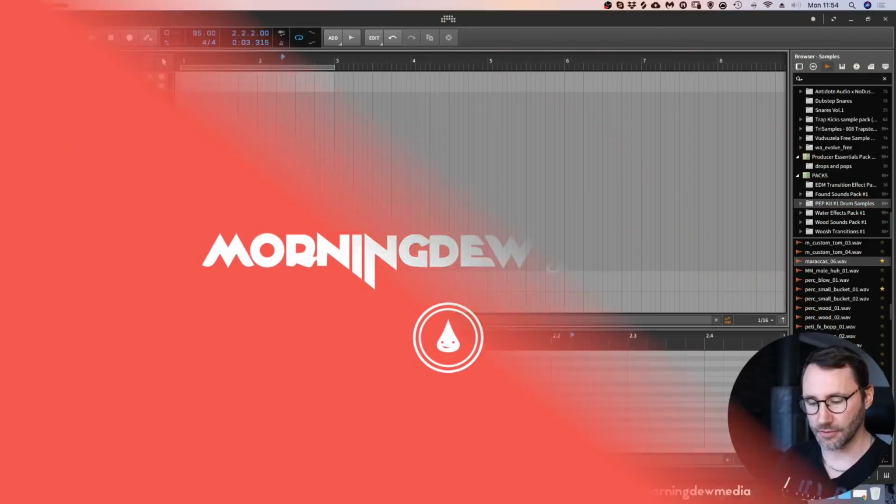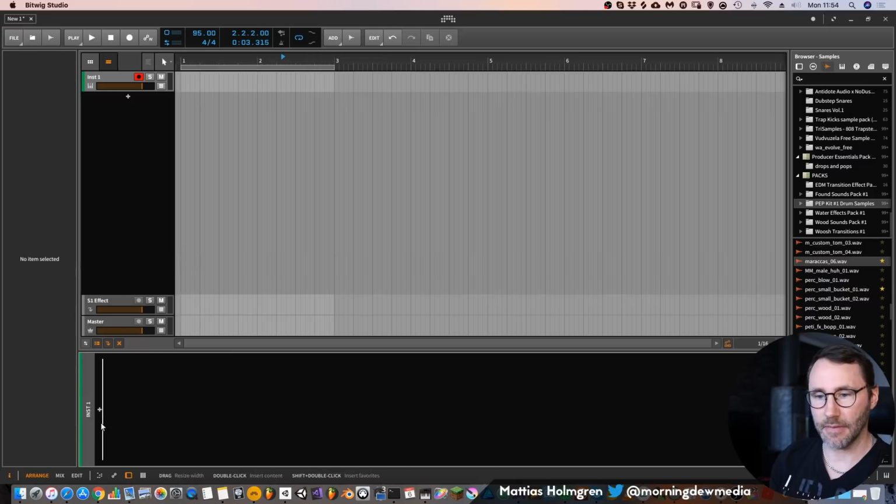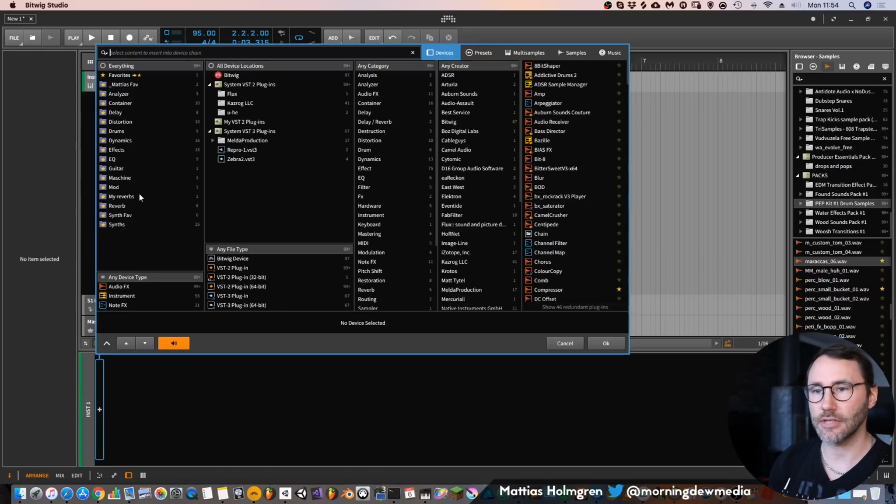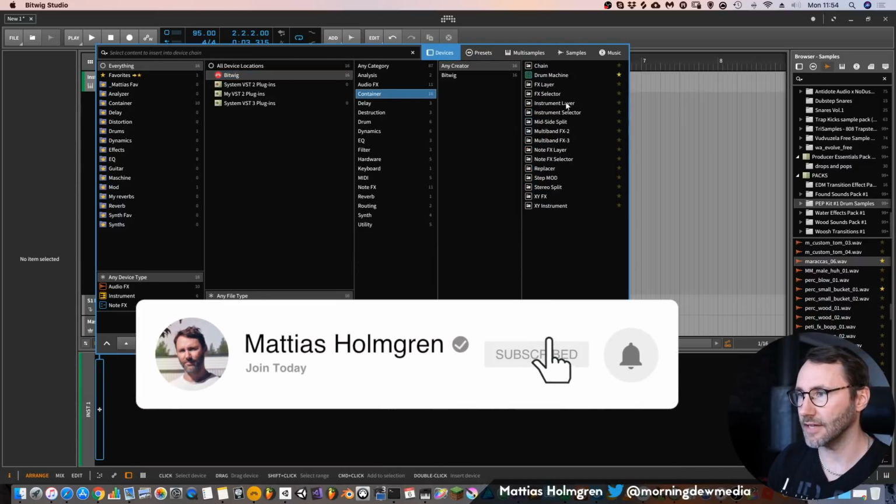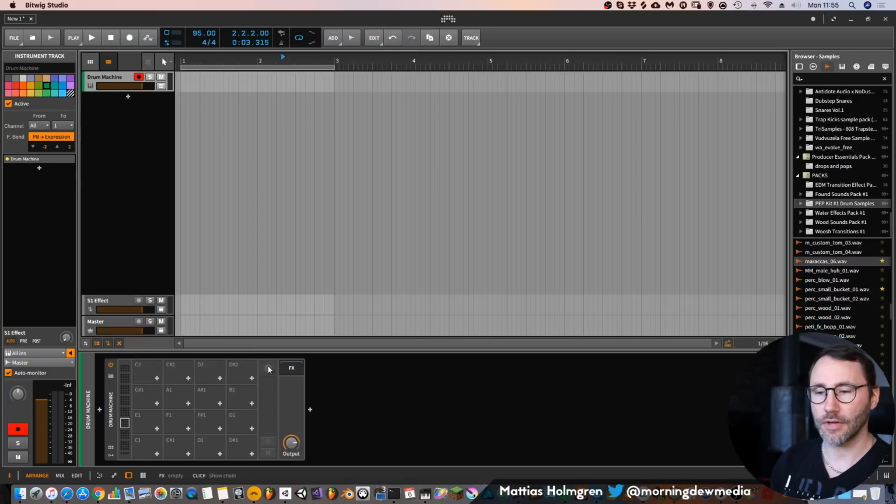Okay, the drum machine of Bitwig Studio. There have been many questions on how you do the routing for multi-outputs, etc. with the drum machine. So let's just get our container here, the drum machine. Okay, so here we have an empty drum machine. It contains slots. You can see here C1, C#1, and D, etc. So we can fill that with some samples to begin with.